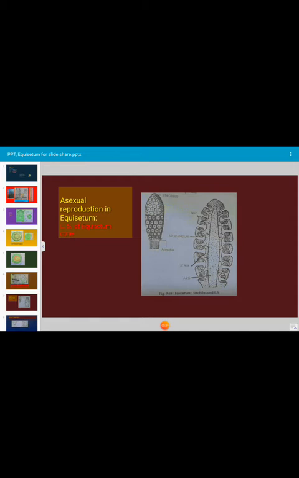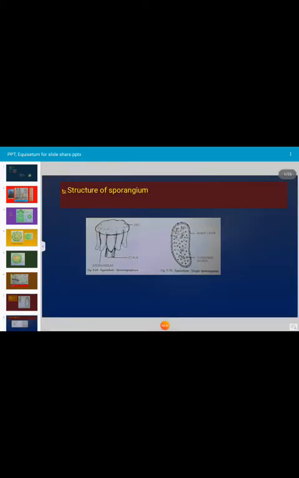Okay, the sporangiophores are capital T shaped. Capital T shaped sporangiophores are there, and below the sporangia they are actually peltate structures, and below that, see the details here. Below that the sporangia are hanging. The sporangia are sac-like structures in which the spores are formed. The sporangium is protected by a single layer of jacket, enclosing sporogenous tissue, and spores are developed inside the sporangium.